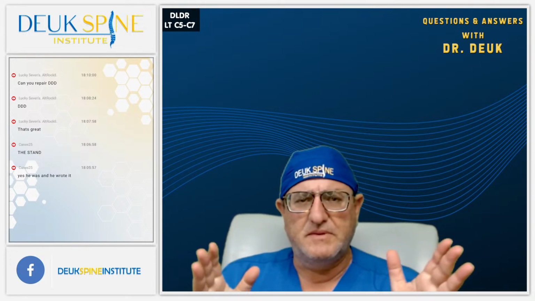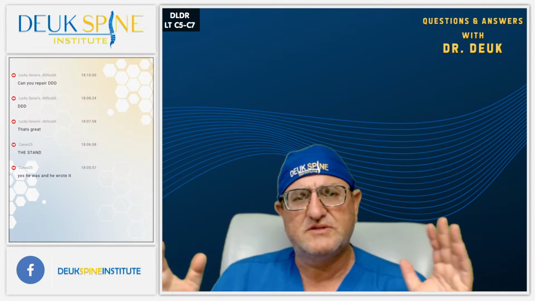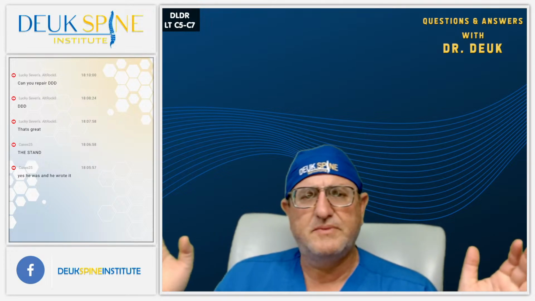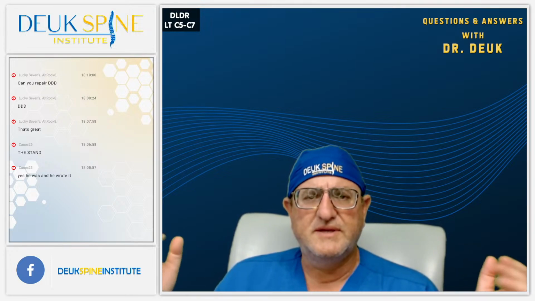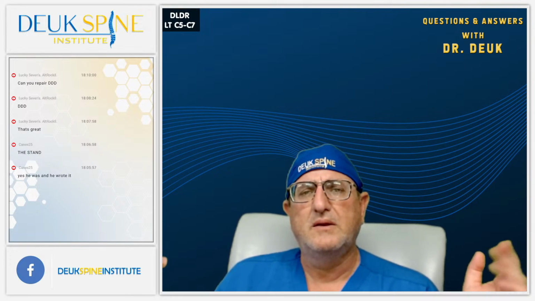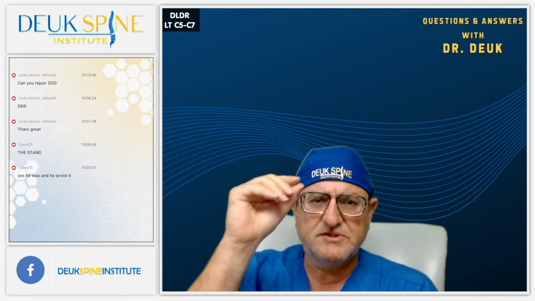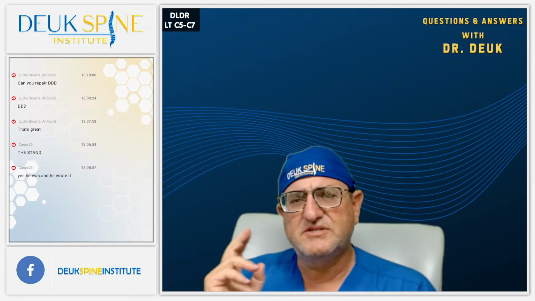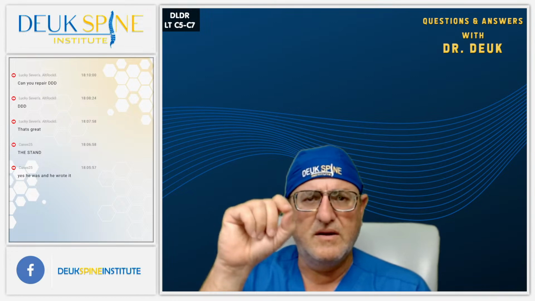Well, listen, the thing people are caught up with that's really screwed up their heads is they all think that the disc has to be normal looking to be out of pain. Your disc does not need to be normal looking to be out of pain. The reason people have pain is there's a little tear in the back of the disc, and we discovered this at Duke Spine. That tear is the cause of all the pain in the neck, headaches, arm pain, all of it, okay? And if you go in there with a laser and you clean that tear and get rid of the herniation, get rid of the inflammatory tissue, get rid of as much of that scar tissue as you can,